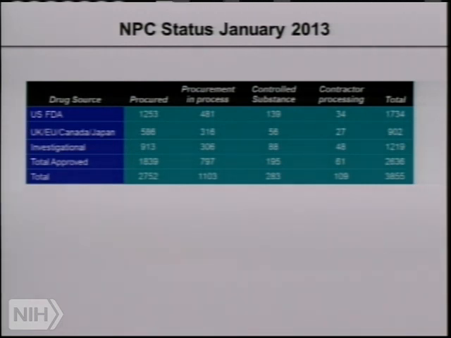Overall, there's a little over 7,000 agents that are approved for use in humans one way or another. And again, you may think, well, isn't the FDA the ultimate source of all this information? The answer is no. FDA does not have a database of all the agents. You can easily search what drugs are currently marketed, but you can't find all the agents that have been approved worldwide. So again, this took a lot of effort. Collecting the physical samples is an enormous undertaking.